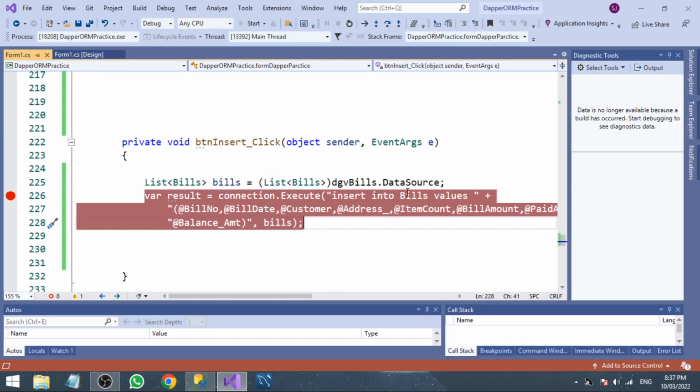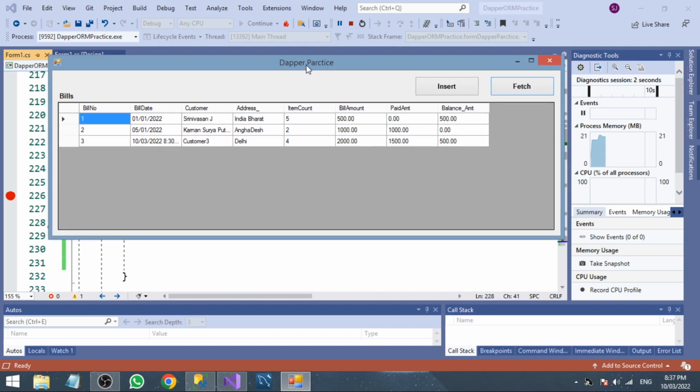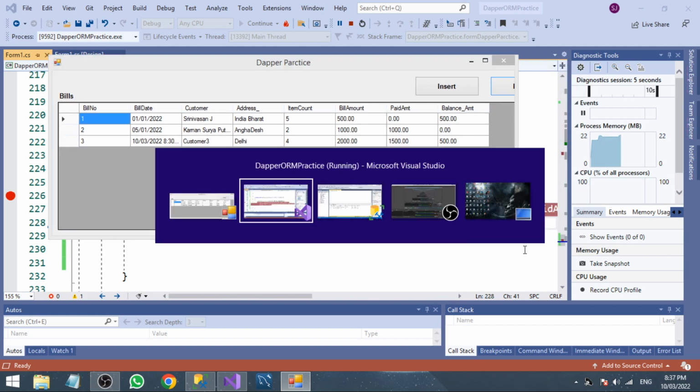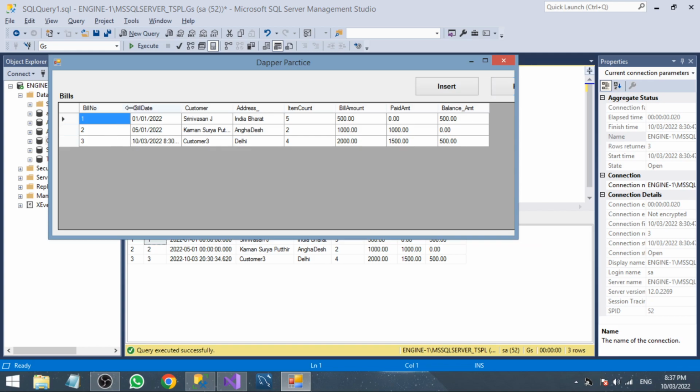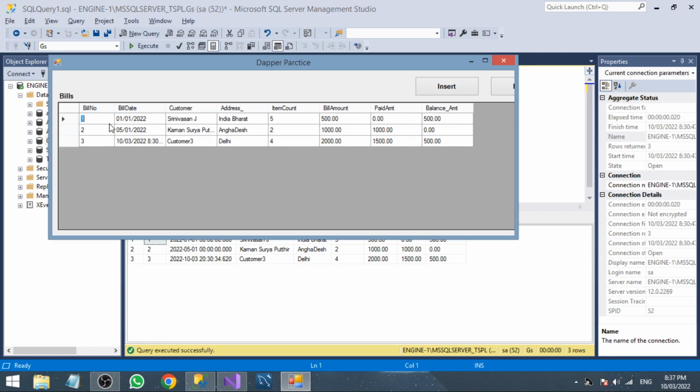Now I'm going to fetch. We just fetched all 3 rows because we have 3 rows here in the bills table. Now I'm going to change them to 4, 5, 6 because we cannot give the same number which already exists in the table, right? The date is not a problem. We already have customer 3, so customer 4, customer 5,